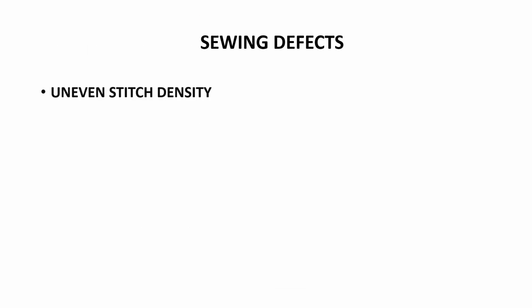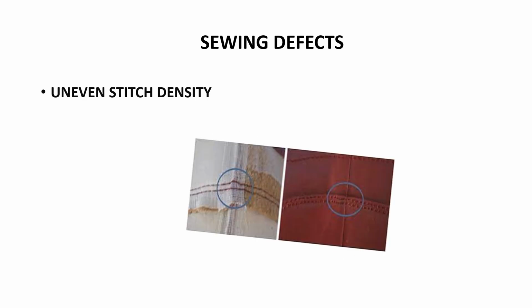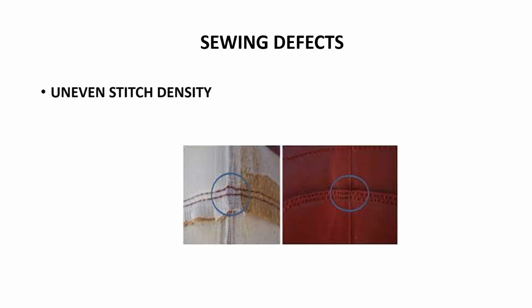Now, in stitching operations, when you are sewing, uneven stitch density may also occur. Some areas have the correct density, some do not. So there will be some visual impact from the stitch density, which is not acceptable. There are various faults like this in the sewing operation, and we must control them